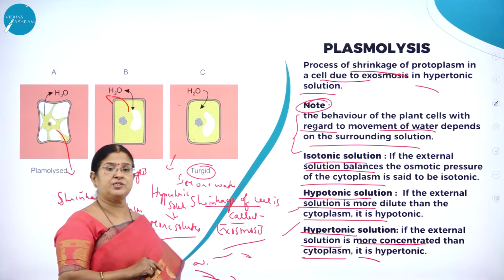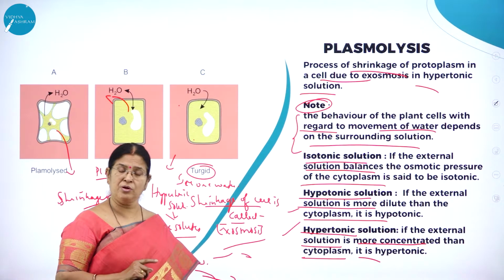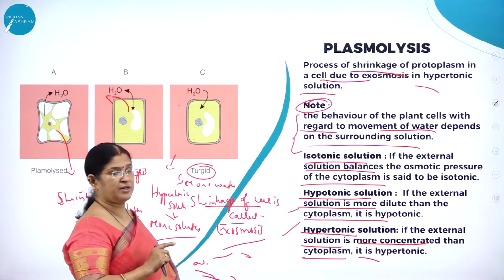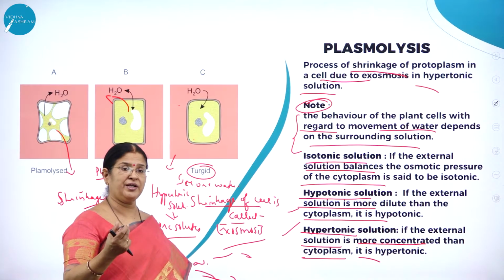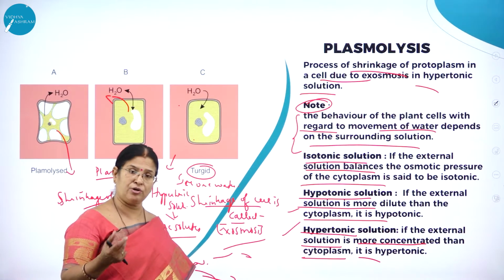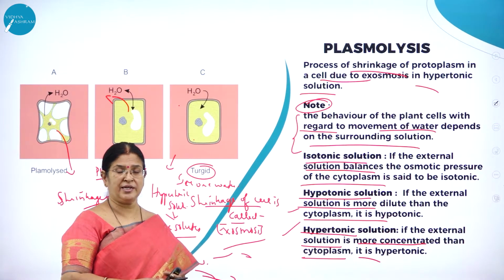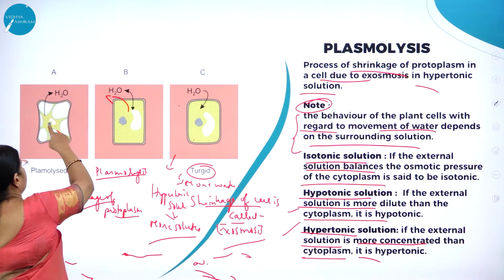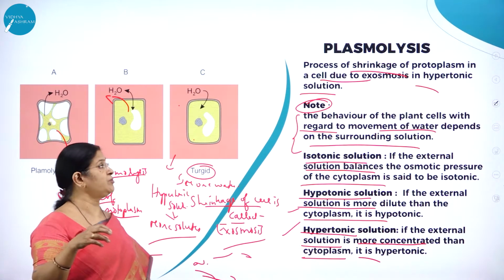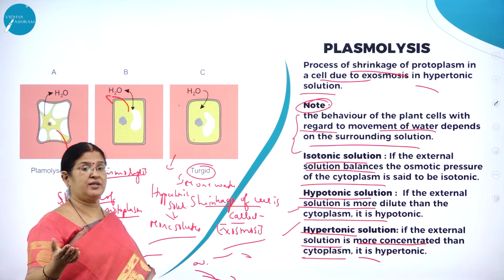There is one very important experiment in first PUC practicals regarding this plasmolysis. What is the procedure? Take a cell and keep it in a hypertonic solution, that is, a solution having more solute concentration. Keep it for some time. After some time, we find that the protoplasm, the contents of the cell, has shrunk. Why has it shrunk? Because all the water found in the cell moves out to the hypertonic solution.